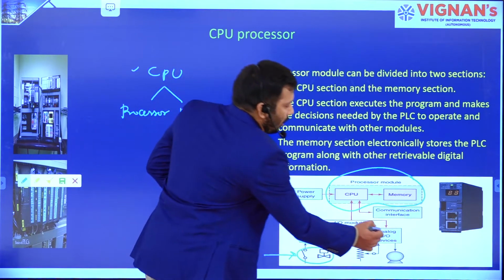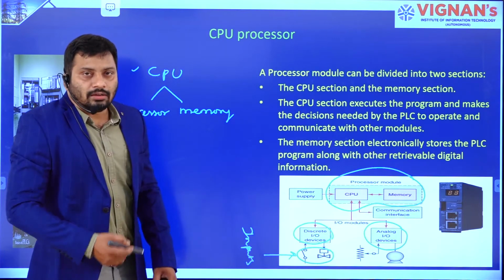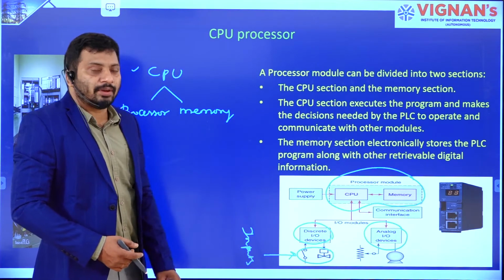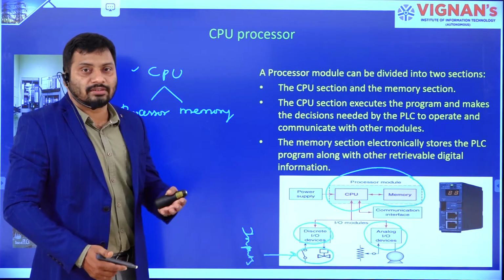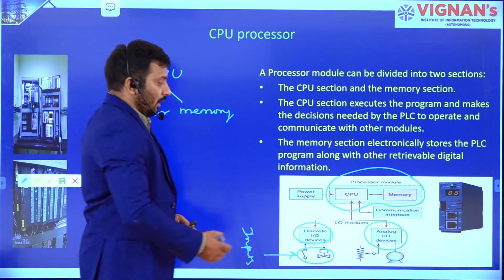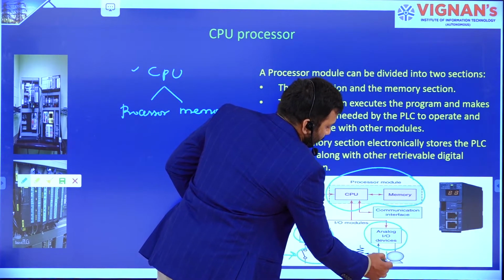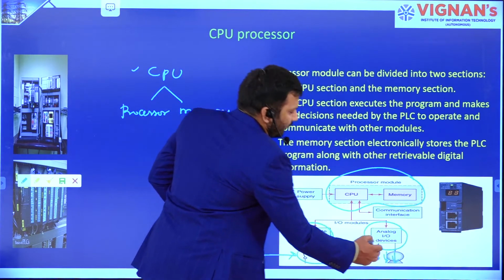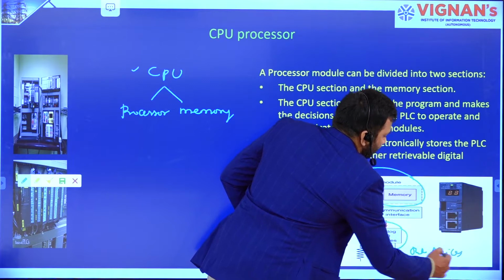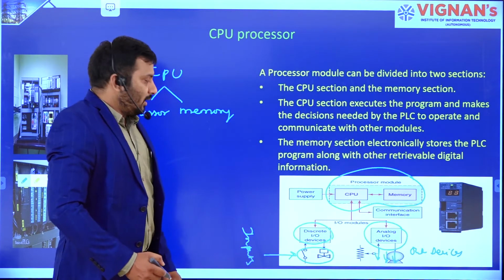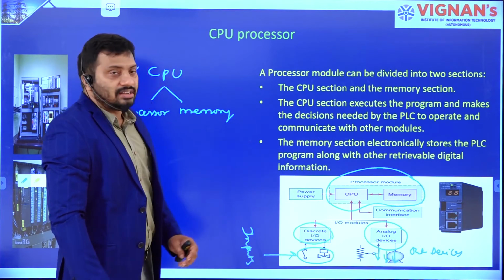In a similar way, we discussed the internal architecture and electronic circuitry of the output module, the different output modules we have, how terminals are present in the output module, and what output devices we have, which are connected to this output module. These output devices we also discussed in the last class. Anyway, the power supply gives power to this PLC module.